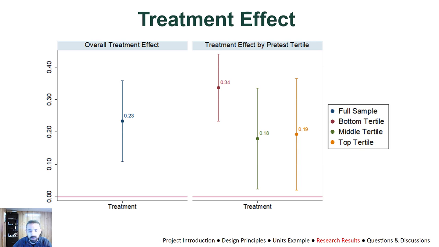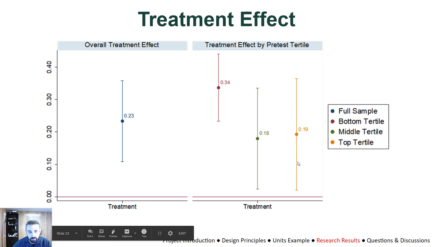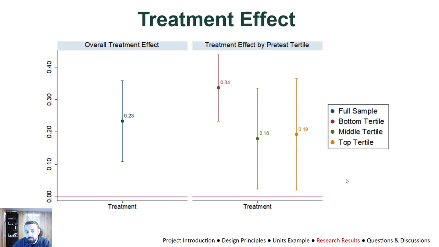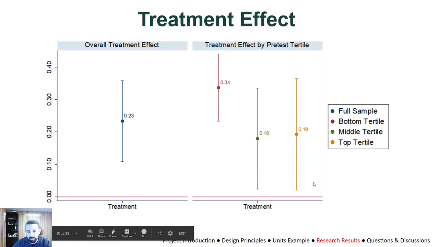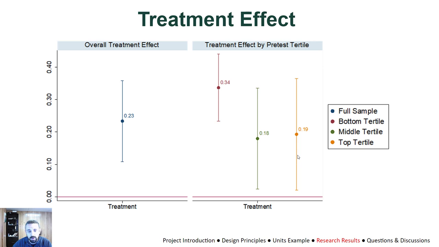So what we did is we took the sample of our intervention students and divided them up into tertiles, basically based on their performance at the pre-test. And we said, let's see how much each tertile is actually improving. That's the panel on the right. As you can see here, the most improvement was actually not for the top tertile, marked here in yellow/orange. It was actually for the bottom third of the students, namely the students who performed the lowest at the pretest